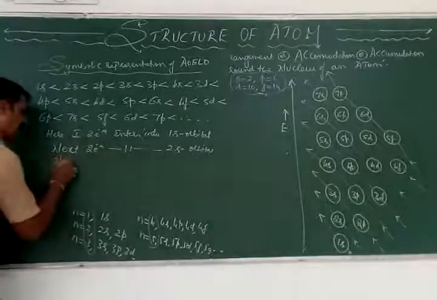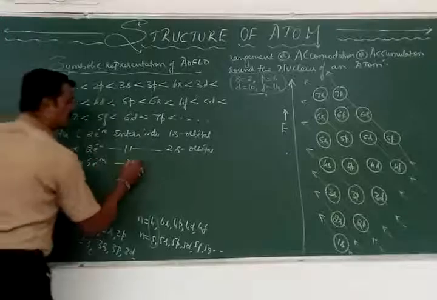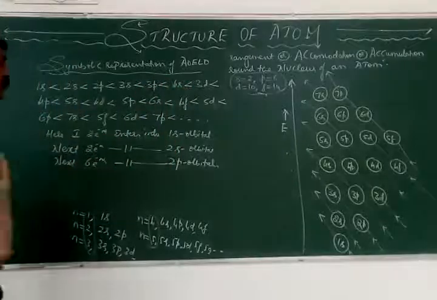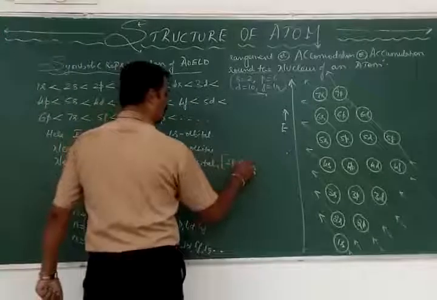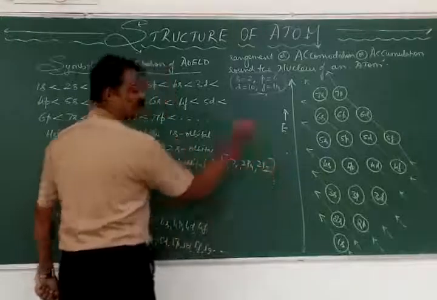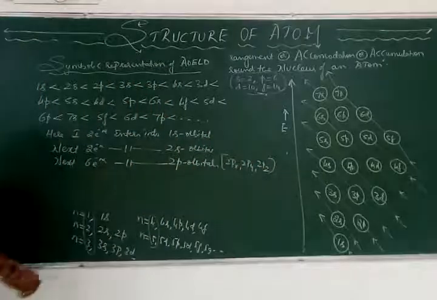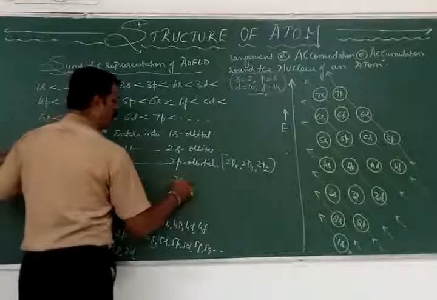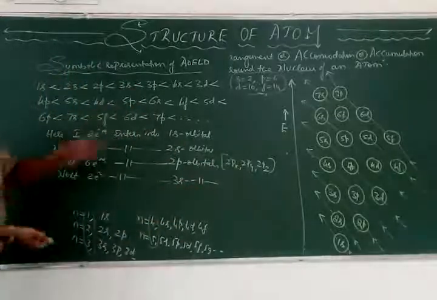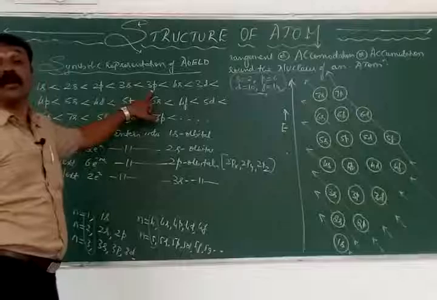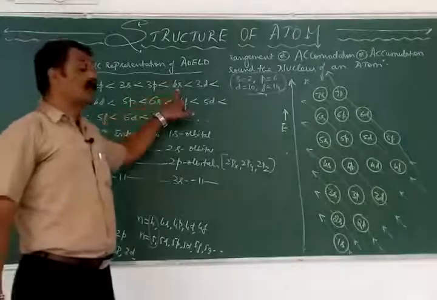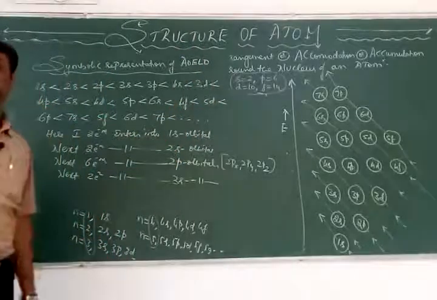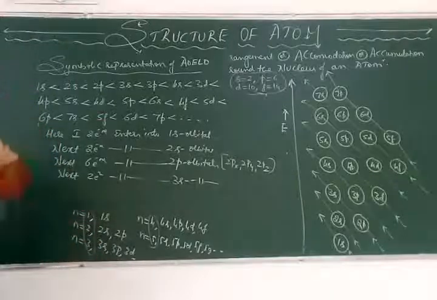So the next 6 electrons enter which orbitals? The 2p orbitals: 2px, 2py, and 2pz. Each can accommodate how many electrons? 2 electrons. Then the next 2 electrons go into the 3s orbital, and so on. After 3s we have 3p. How many electrons can 3p accommodate? 6 electrons. Then 2 electrons for 4s. Then how many can 3d accommodate? 10 electrons. So how to arrange them here? We just have to arrange those electrons in the increasing order of their